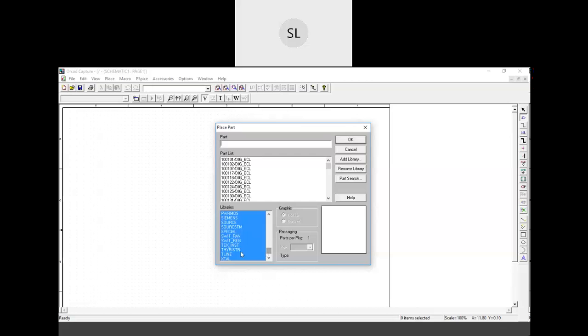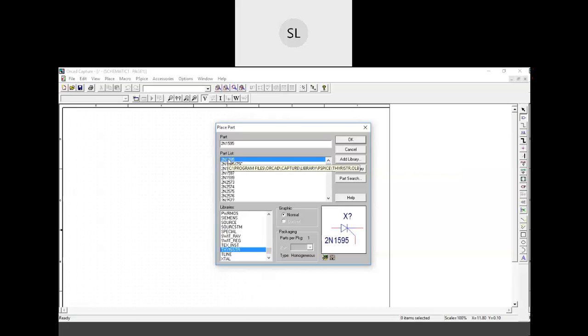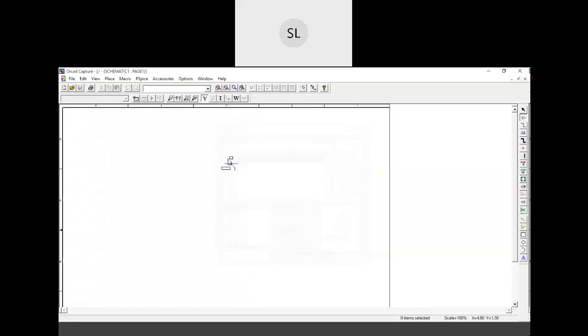Suppose I go to this thyristor library, you will see a number of thyristors available. Out of that, I'll select this 2N1595 SCR. Before placing it, I will rotate it according to my design, and just click it once.